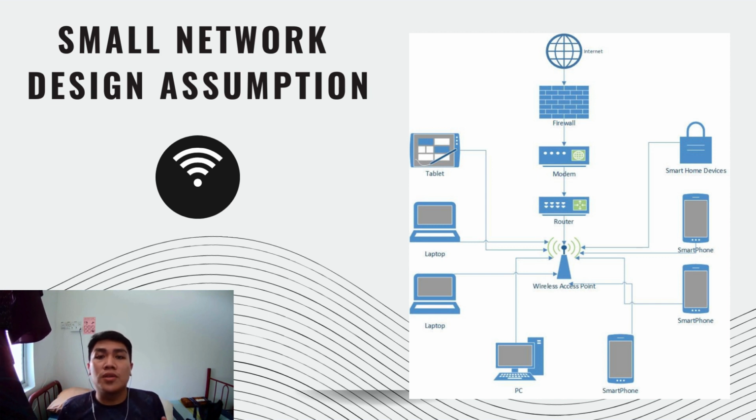A home network usually consists of many wireless devices, because nowadays everyone has smartphones, even our laptops are wireless. Even smart home devices are wireless, as we did here, like a smart TV or something like that. The only thing with a wired connection is still there, such as a PC, a computer. That's why we have one PC here, and then maybe something else such as telephones, but that doesn't really use internet. That just uses the phone line. Okay, that's it for the small network design assumption.